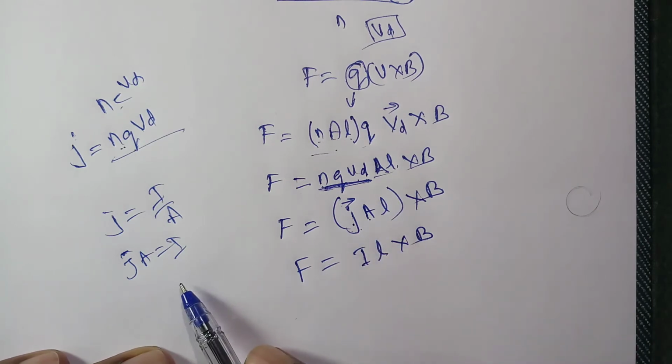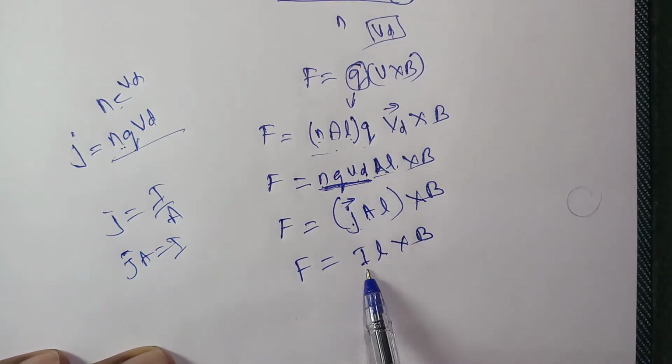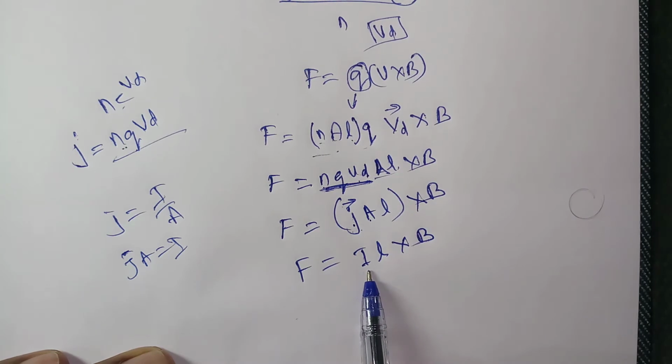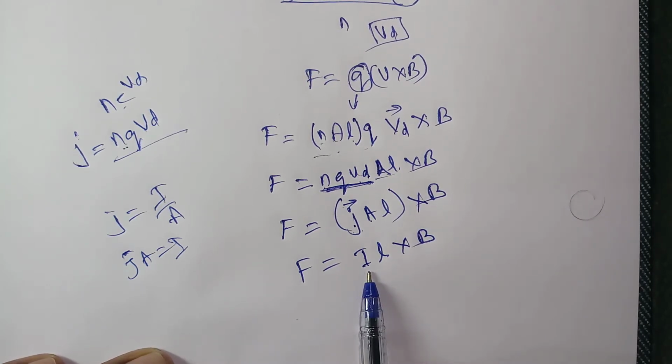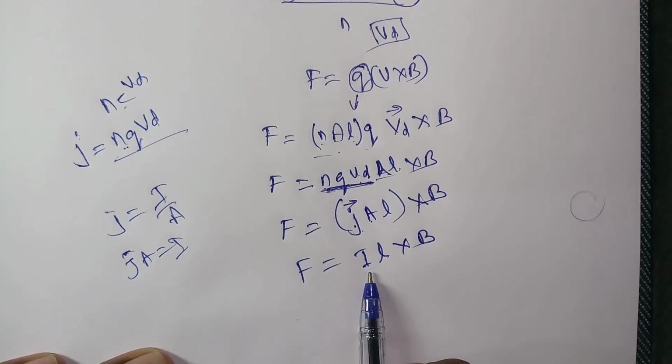But one very important point here, this I is the current. Current is not a vector quantity. Even though current has a direction, electric current cannot be taken as a vector, because it is not obeying vector algebra. In the calculation, we are not taking it as a vector. It will not obey vector algebra, so it is not a vector.